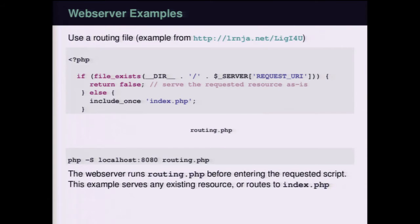Okay, one more thing. The routing file. Now that link goes to a PHP mailing list post from which I stole all of this code, which is, again, the wonders of the internet. Basically this does the thing that you put in htaccess, which says, if this isn't a file and it isn't a directory, rewrite the request to index.php. Okay, so those 3 lines that you will always put in your htaccess file,